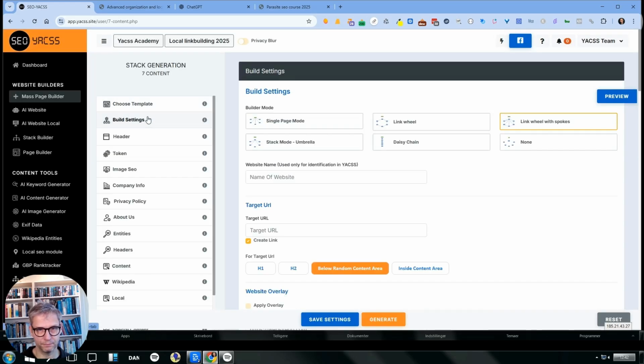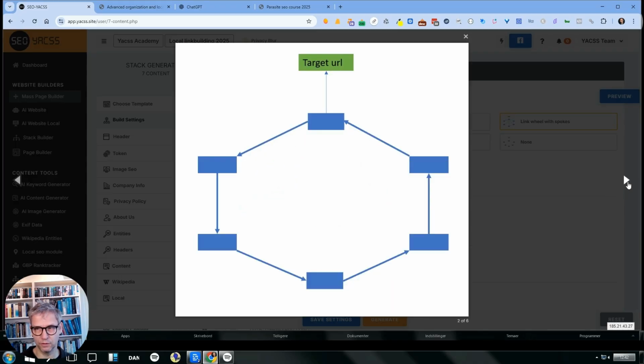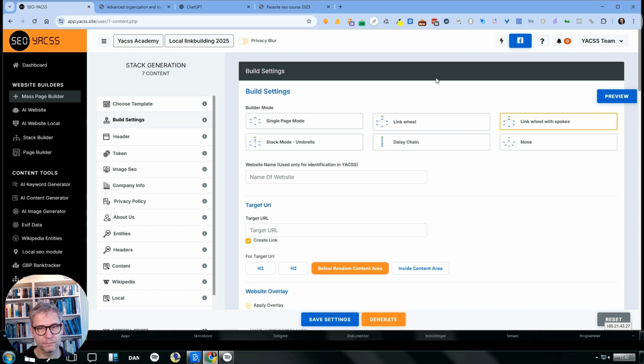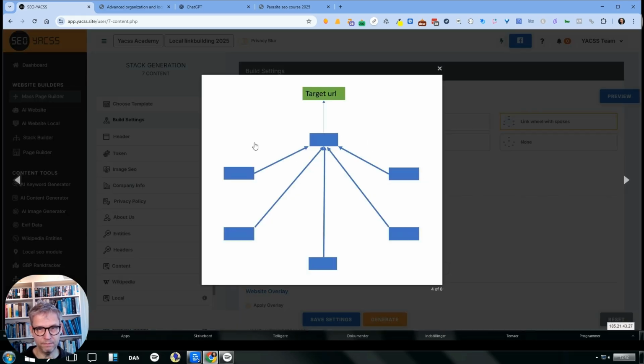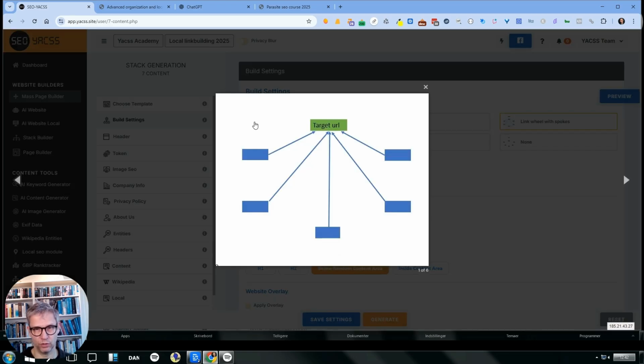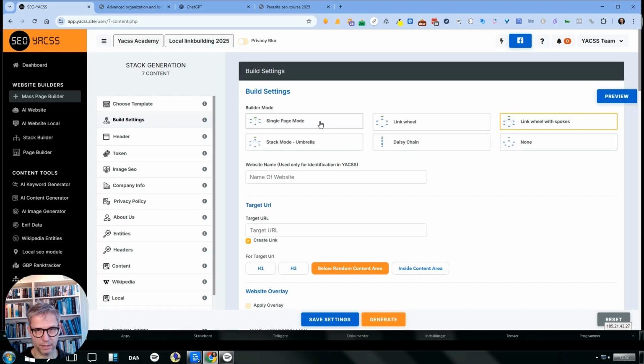Build settings. It's something that we don't talk a lot about, but you actually have the option to select various diagrams. For the purpose of this video, I will select this one here, single page mode. And the reason I'm going to select single page mode, let me click it,